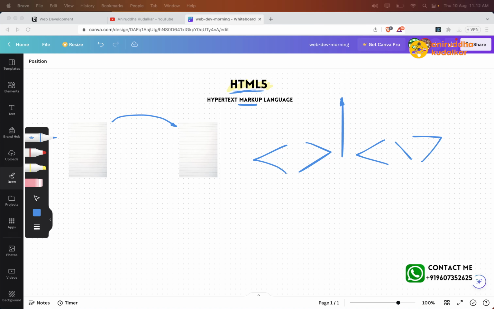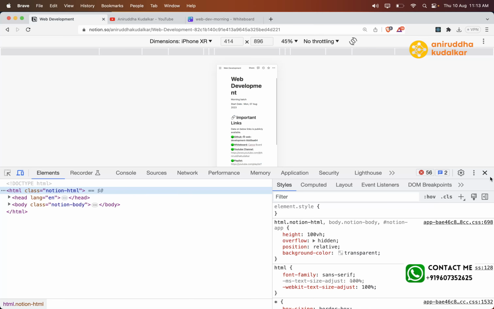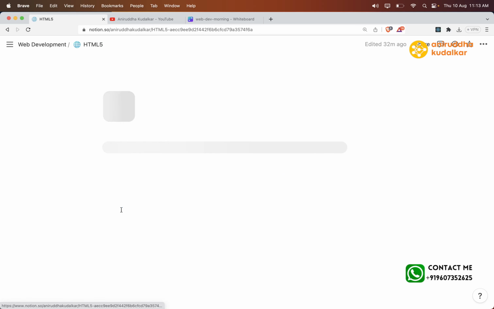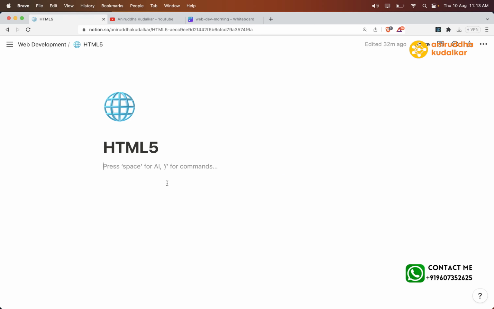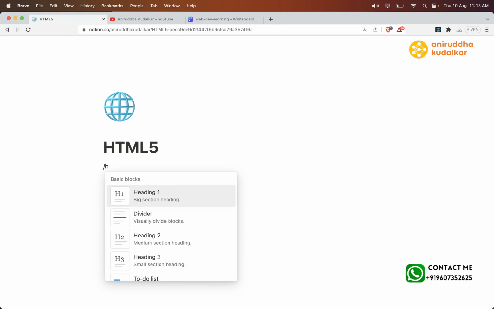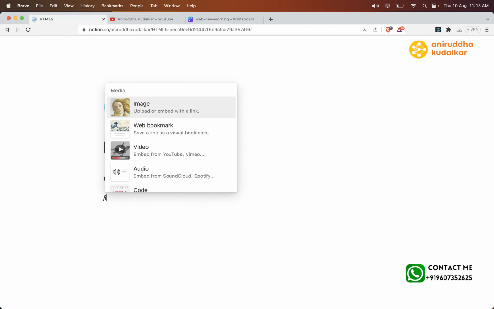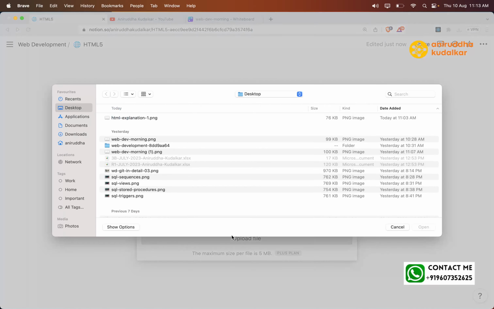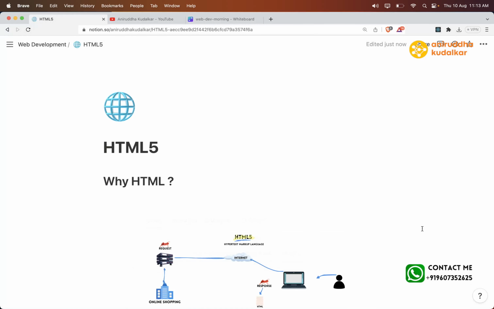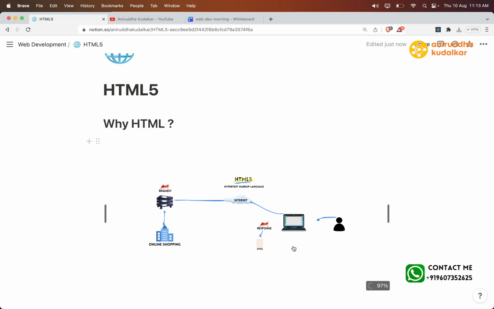HTML is a language used to define the structure and the content of the web documents, the documents which would be transferred from one computer to another computer. Let's add here H1, Why HTML, and into this I can add an image. So I can refer to this image. Yeah, so HTML is coming from this page. Why HTML? This. So if you want to write the HTML,